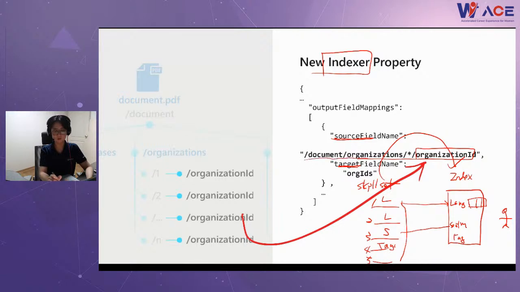Beginning from the document, we are adding more information, right? That is the source. And the target is the index we designed. So the indexer periodically updates the index and fills it out to keep it up to date.